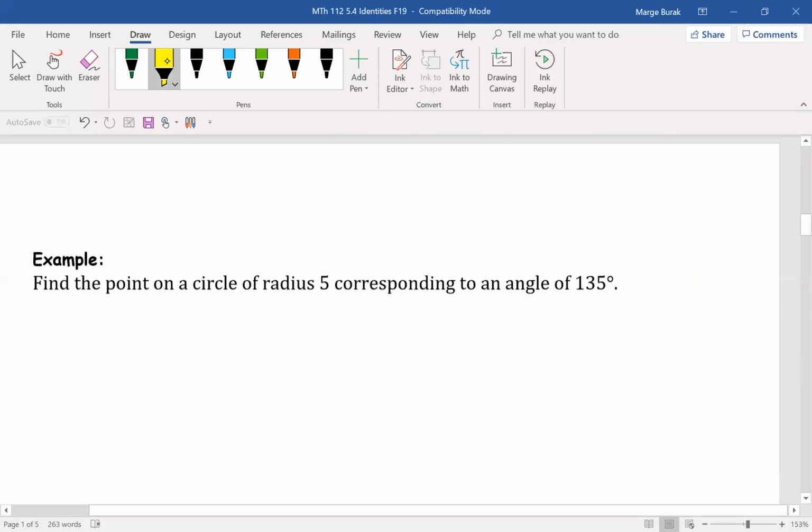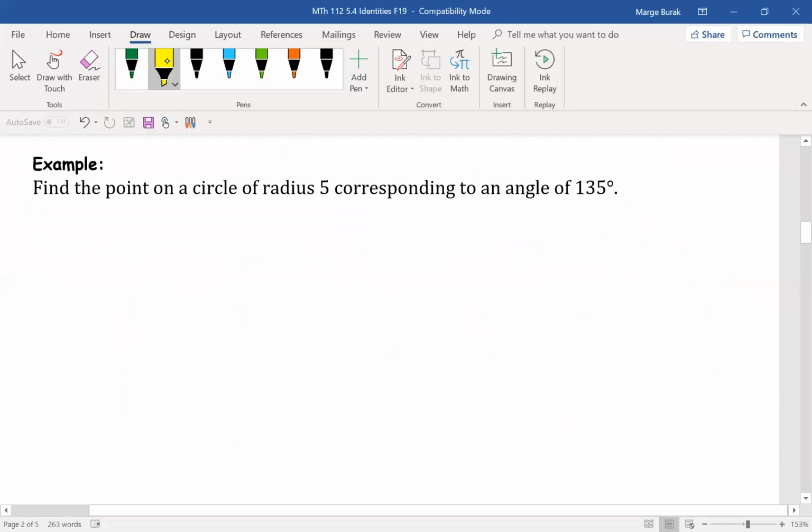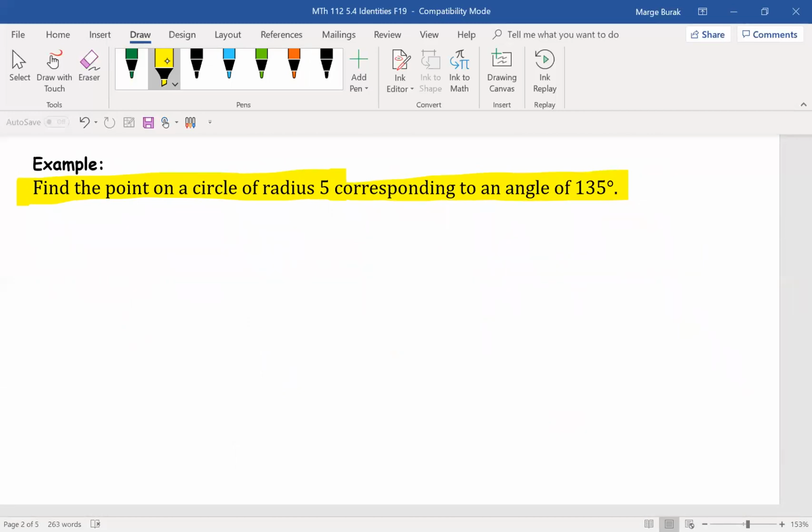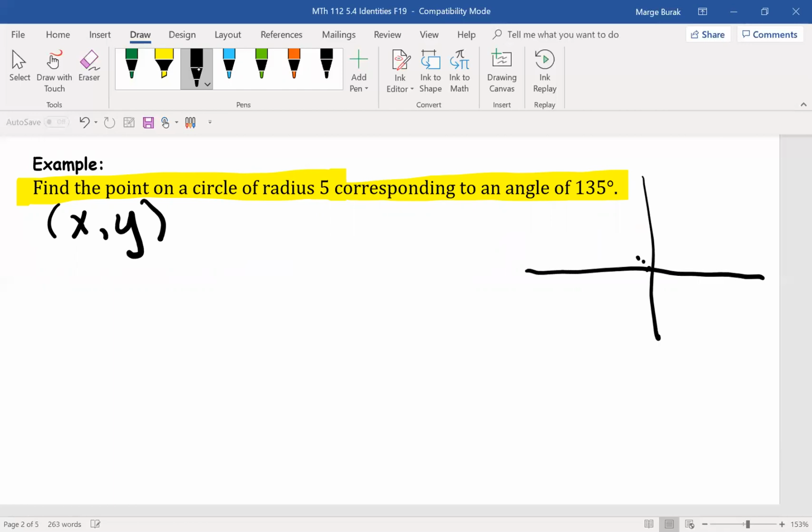All right, let's do another one. Find the point on a circle of radius 5 corresponding to an angle 135 degrees. Okay, so find the point, which means they want us to find the x and the y coordinates. Well, we know 135 degrees is going to be right here, right? And we know r is 5, the radius is 5, and we know on our unit circle,